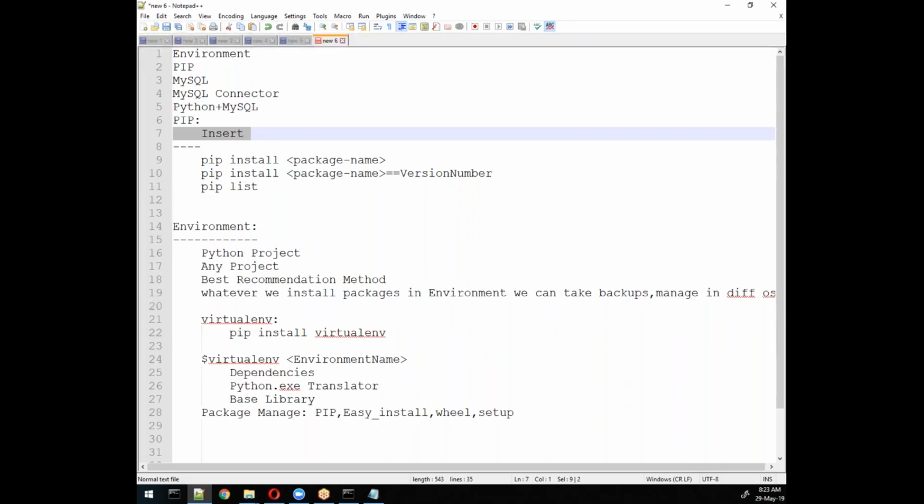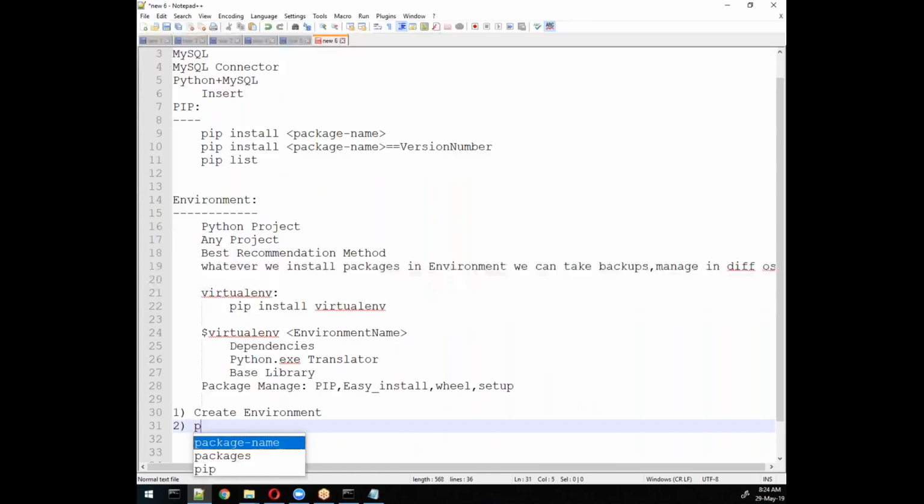Create environment. This is not compulsory, but it is best practice. You can create it using virtualenv and then the environment name. First step. Second step is what? Then you need to pip install your connector, mysql-connector-python.